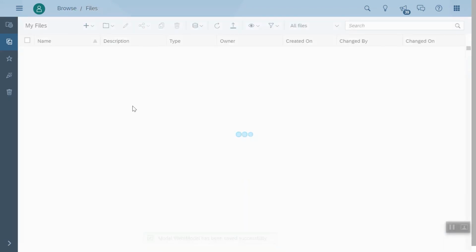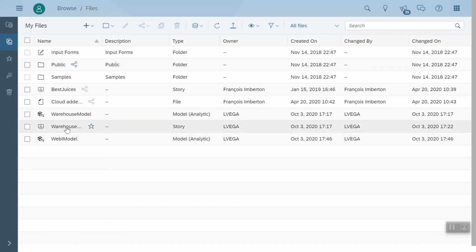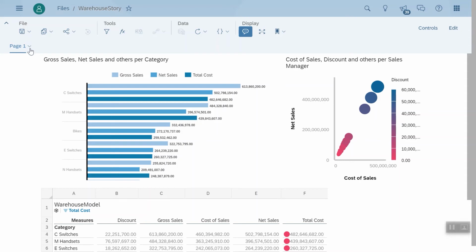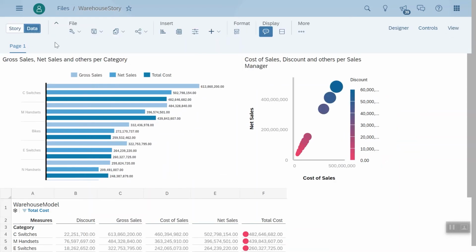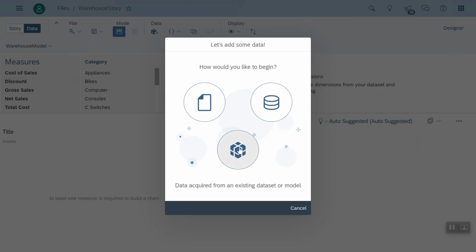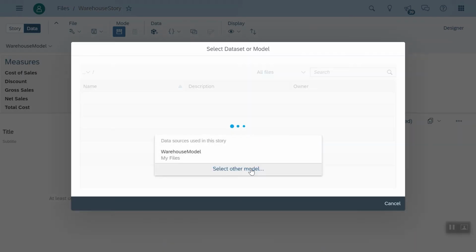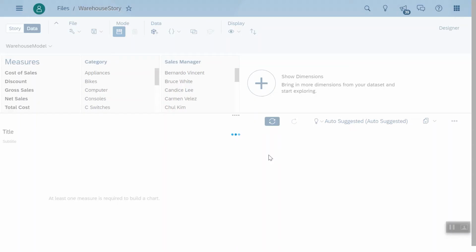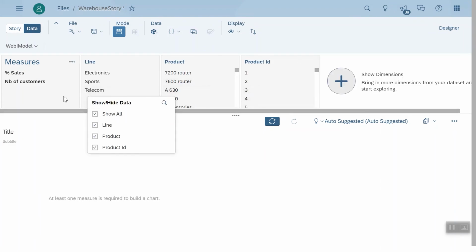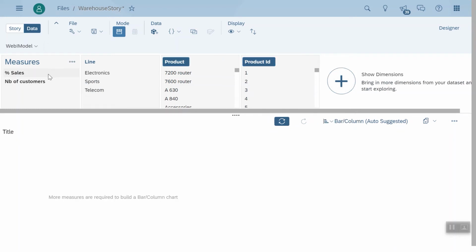Good, so I will go back to the story we have previously created. And I'm going to add in this story data coming from this new Webby document. So I'm going to go to the data tab and say that I want to add new data in this story coming from an existing model that I've just created. And you see, I can see now all the dimensions and measures coming from this model. So I just need to select my